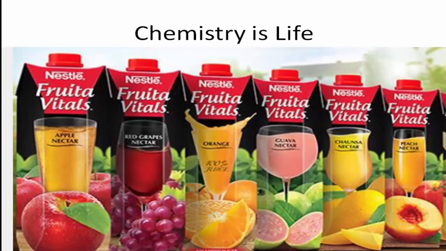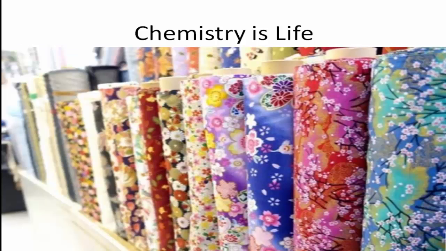If we consider the example of the juices we drink, they contain flavors, artificial flavors. They contain sugar. Sugar is a chemical. It is a disaccharide, and then they have additives to increase their shelf life, and additives are some sort of chemicals. They may have glucose added to them, and dyes, artificial colors.